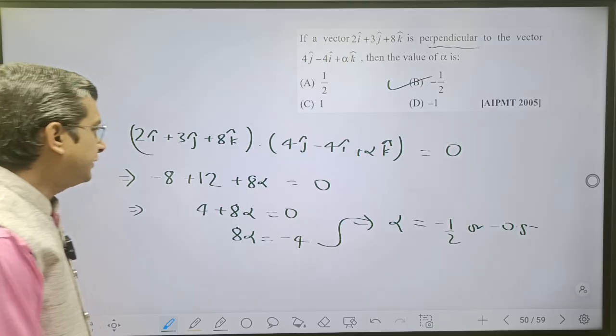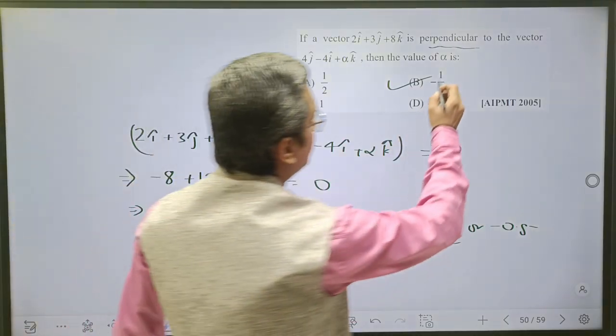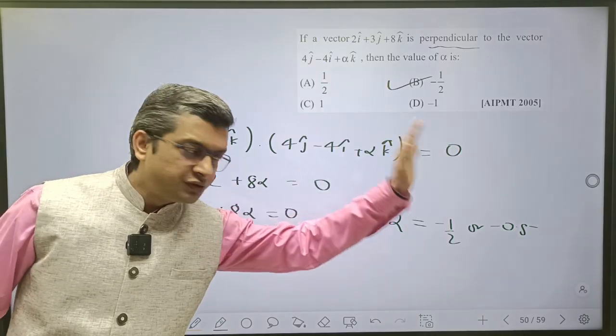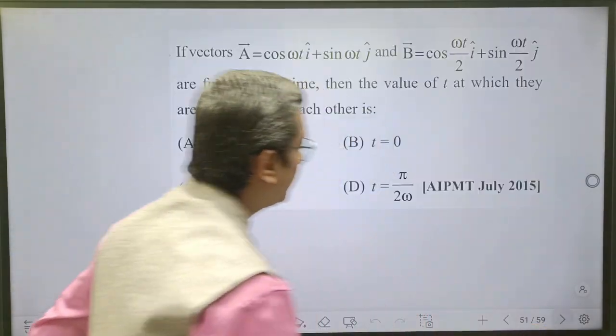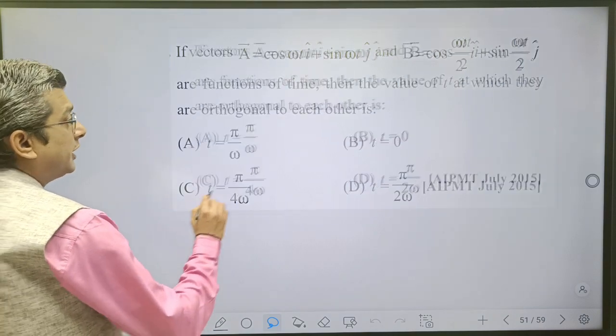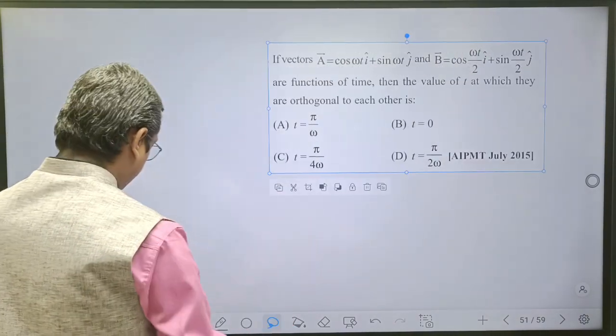So B option, isn't it? So just use this property. If these two vectors are perpendicular, then their dot product must be equal to 0. That's all. Next, if vector A is equal to, again this question is kind of the same question,